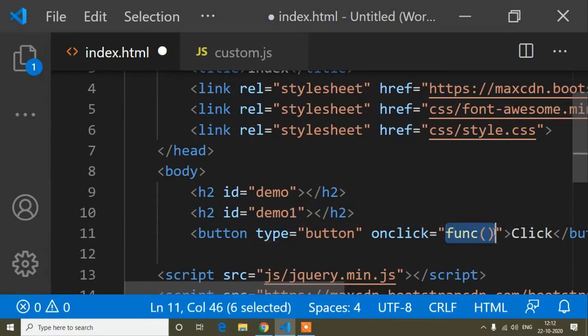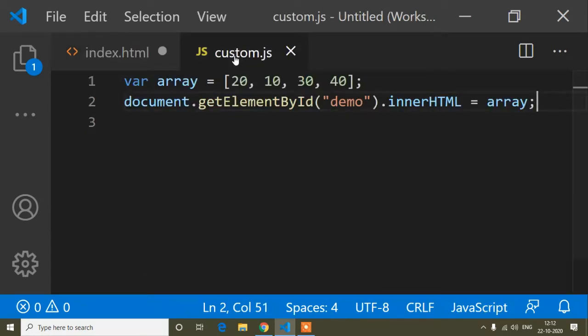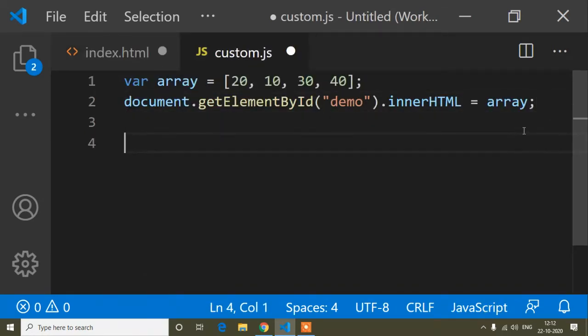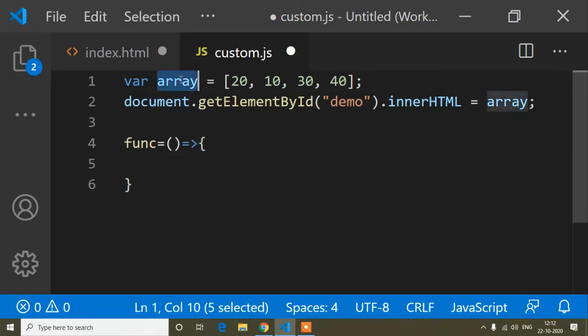So I will copy this method name and paste here, and here I will use an arrow function. This is the syntax of an arrow function, and here I will use the findIndex method on this array. So I will copy this array.